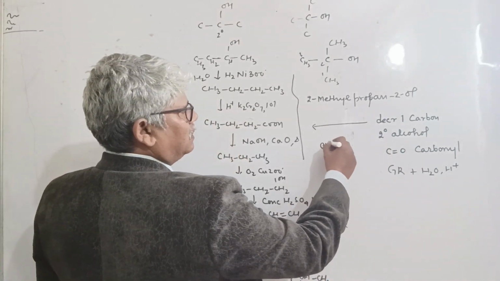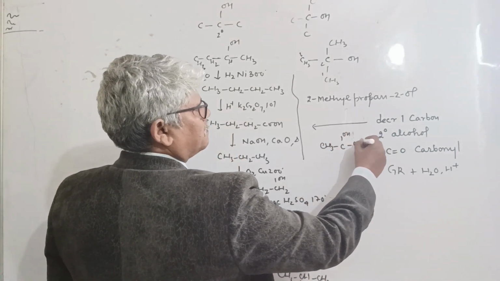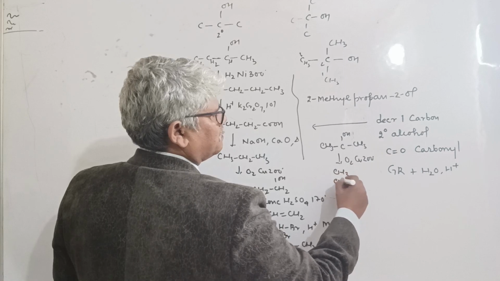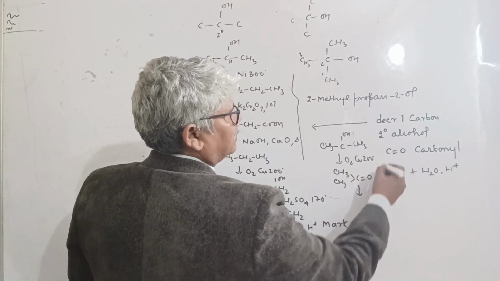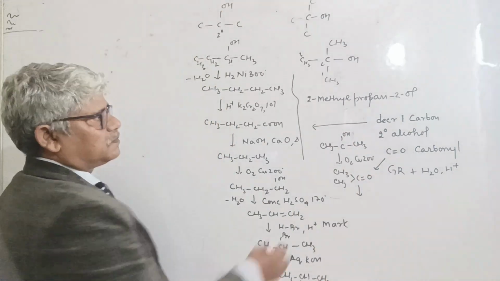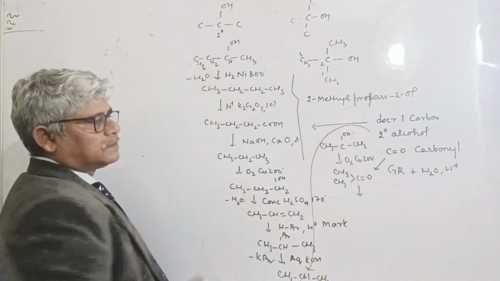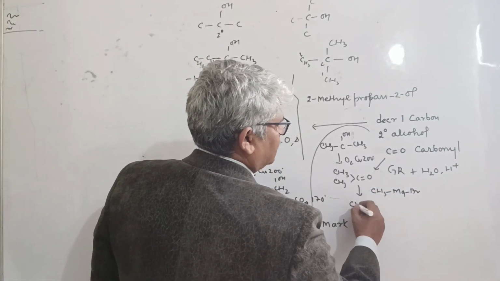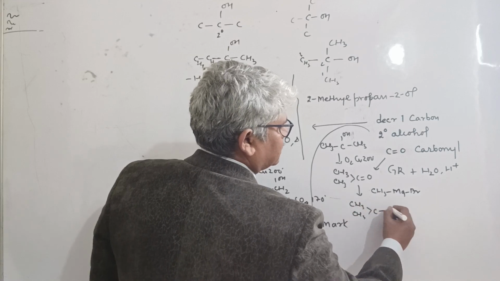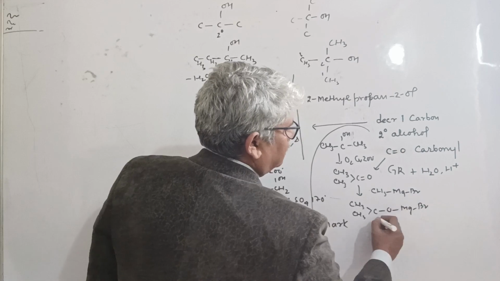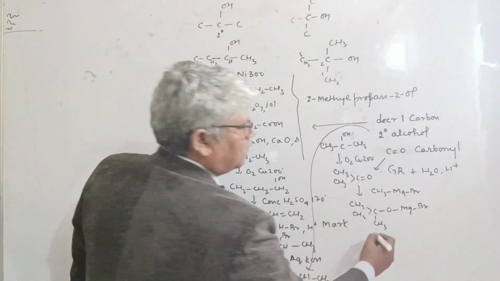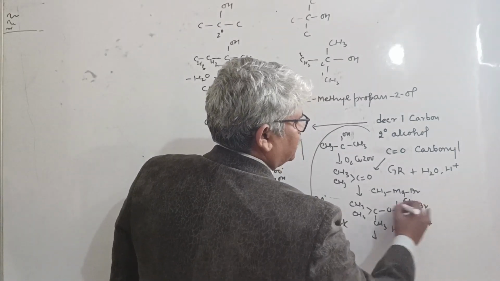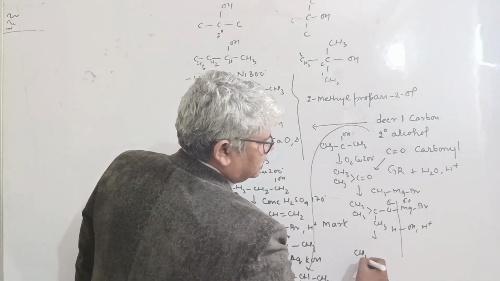It changes to secondary alcohol. Now this secondary alcohol can be oxidized in copper to give ketone. Ketone, now this group is ready. This group is secondary alcohol. Now you add Grignard reagent with 1 carbon, CH3MgBr. It forms an intermediate, it is a nucleophilic addition reaction. The intermediate compound is called butoxy magnesium halide, followed by hydrolysis in acidic medium. This is electropositive, this is electronegative, to give the required product.